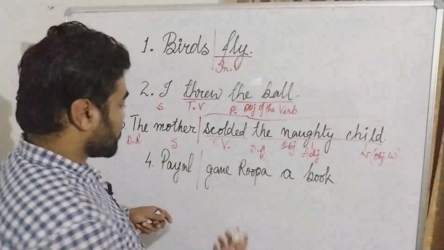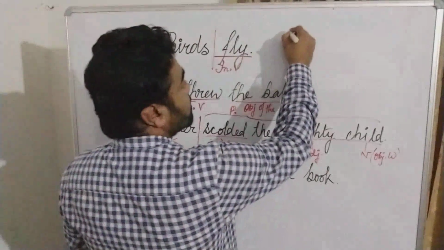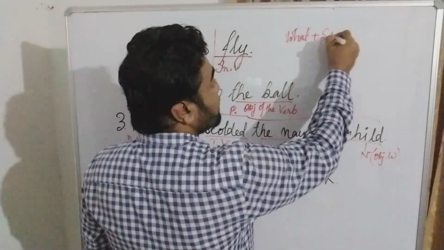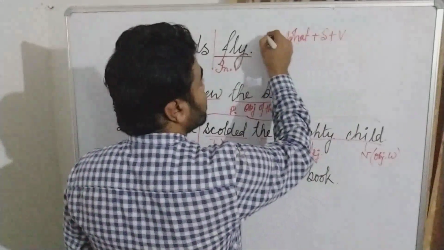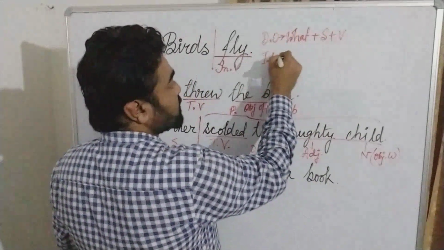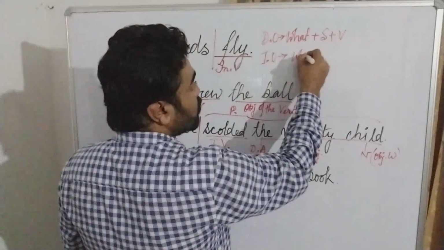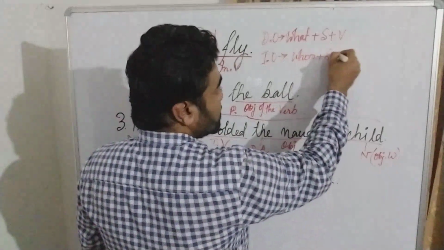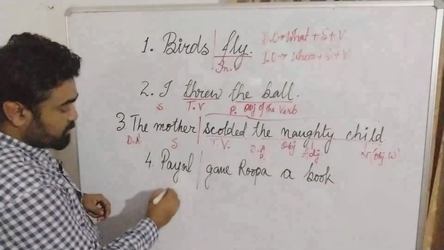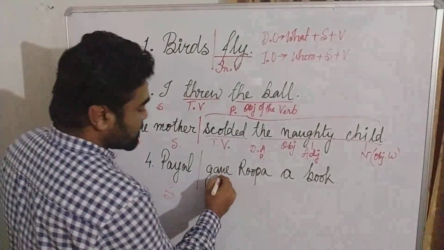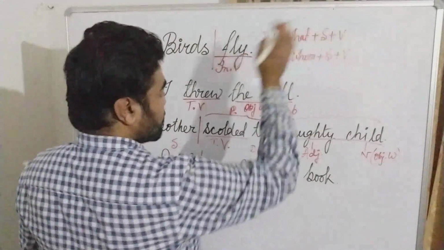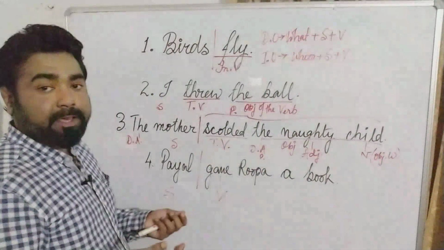So here, how do we know that there are two objects and which is the direct object and indirect object? The rule is you use the question what with the subject of the sentence and the verb of the sentence. This will give us the direct object. And if you want to find the indirect object, we have to ask the question whom along with the subject of the sentence and the verb of the sentence. So what is the subject of the sentence? Payal. What is the verb in the sentence? Gave. So let us combine this. What Payal gave. What is the answer? Payal gave a book.